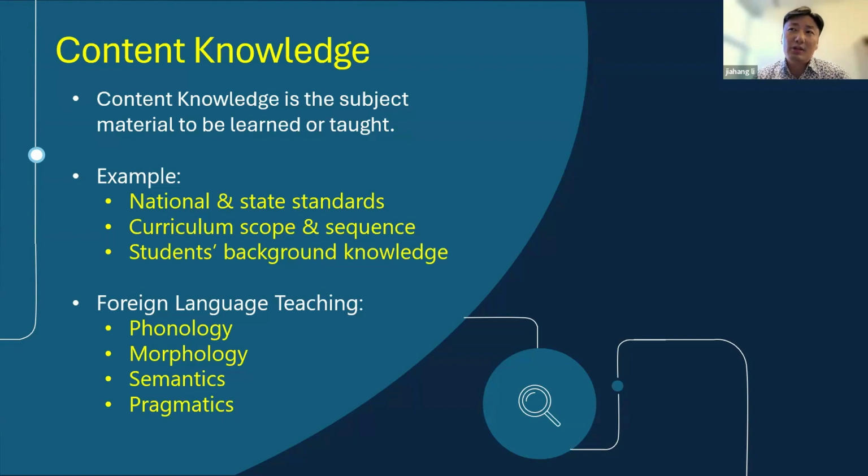I try to debunk this in two layers. One, I wanted to give some general examples so that you know in general what it means to teachers, regardless of their subject area. And then I want to frame that into the foreign language teaching context so that you have a more direct idea about what we're talking about in terms of each bubble. Does that make sense? Okay.